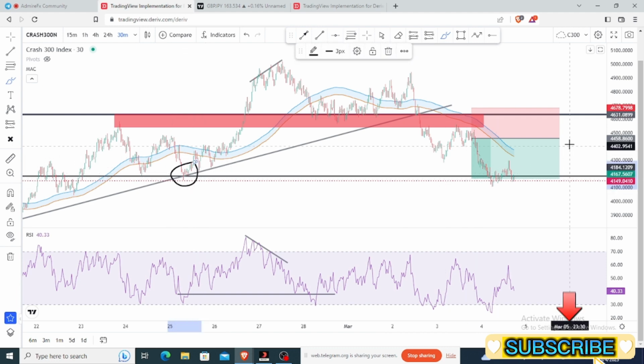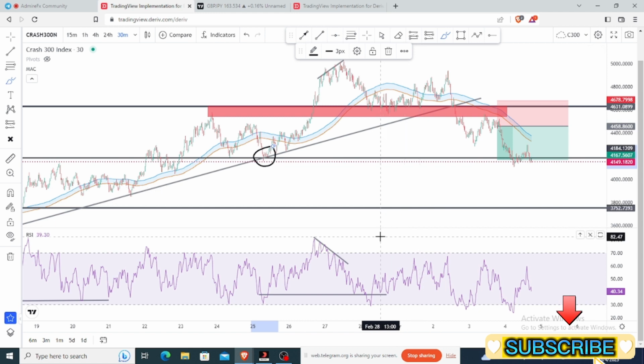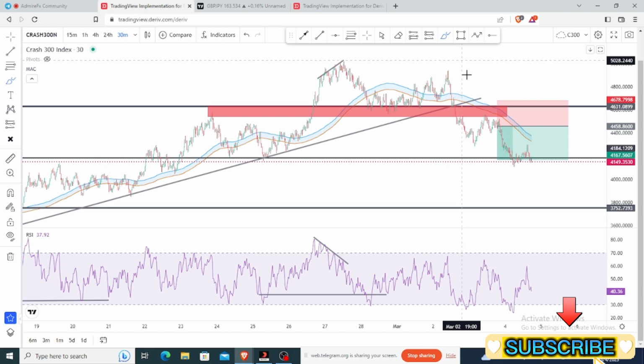So that is the first level to take profits, and maybe we want to go all the way to the downside,